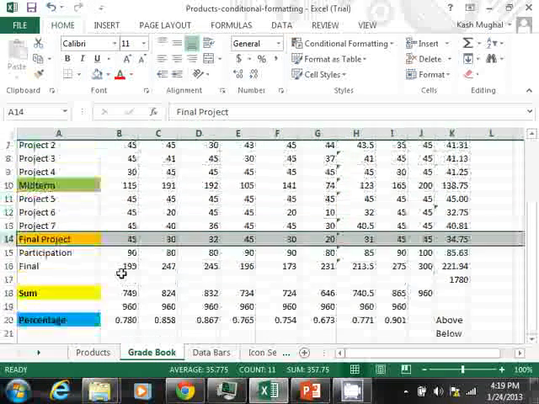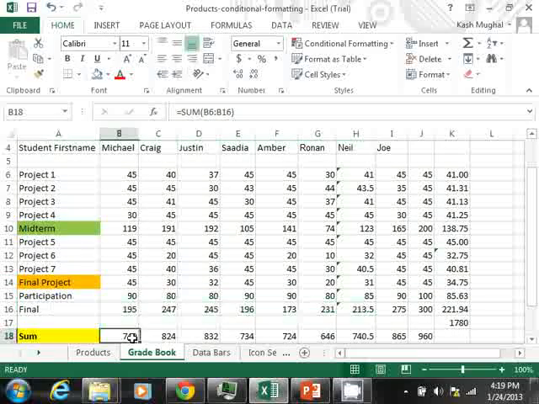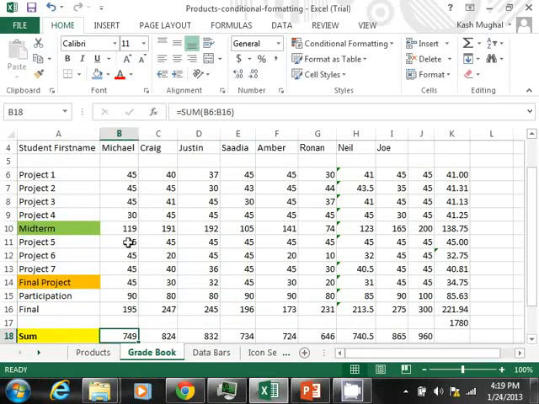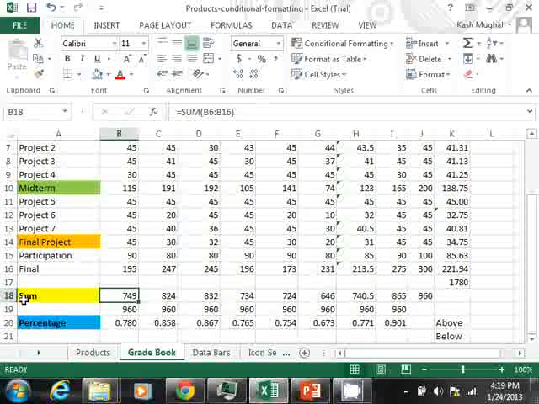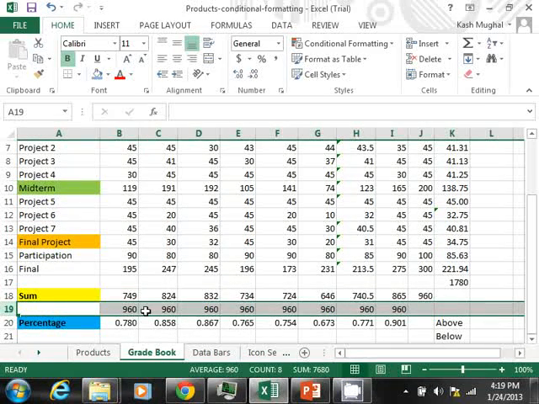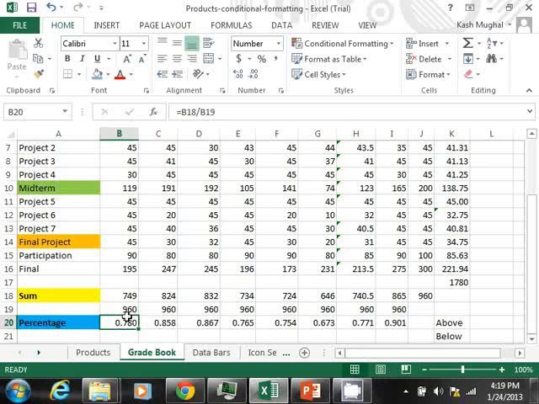Okay, now down here you can notice that this basically sums up all the information that Michael scored here. So it's summing from B6 all the way to B16. Okay, so Michael scored 749, Craig scored 824. The next row has the total number of possible points, and then this one is basically a percent. So this really divides this number by this number. Okay, so that's just an overview of the numbers. What are we trying to achieve here? Well,